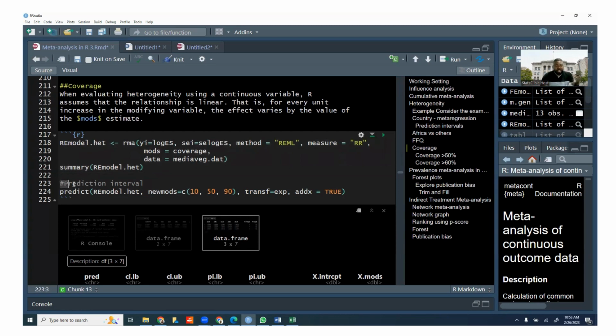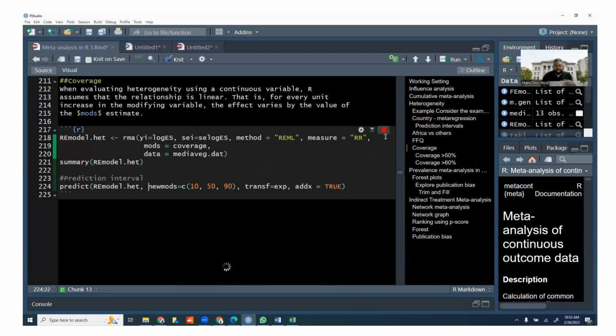But for the prediction interval, because now you have 0, 20, 21, 30, many different potential numbers, you will tell R to just give me an idea of what it would look like if coverage was 10%, or maybe 50% or 90%, depending on the numbers that you think are meaningful to look at. And then you can report that in your study. Okay, so if you run this,